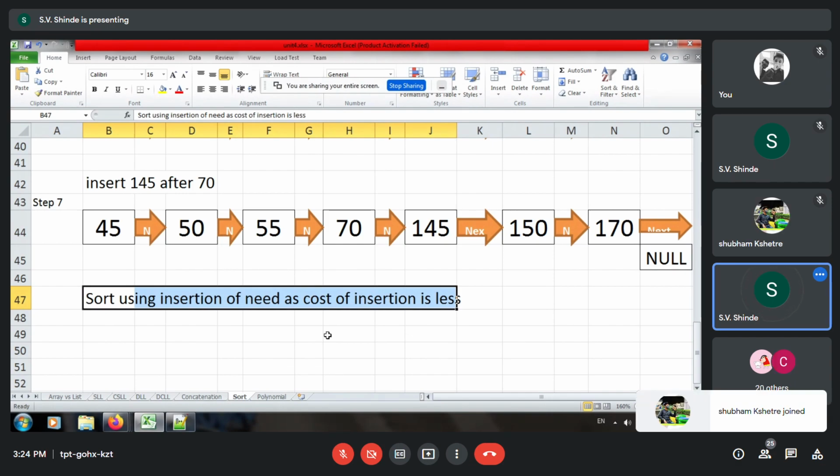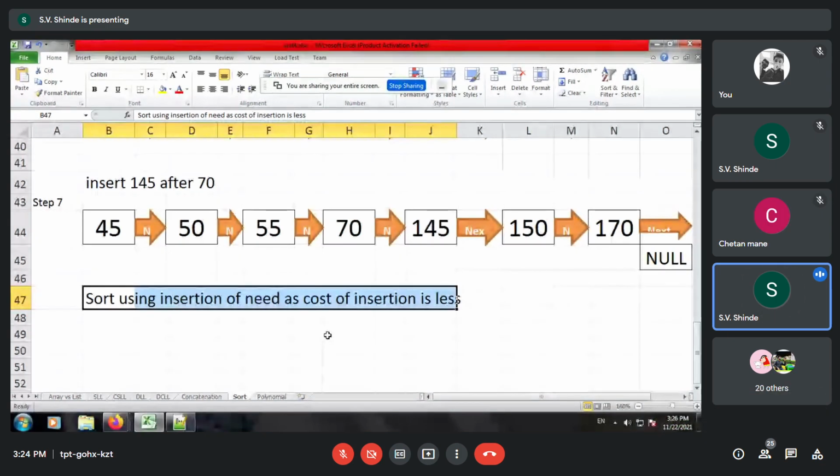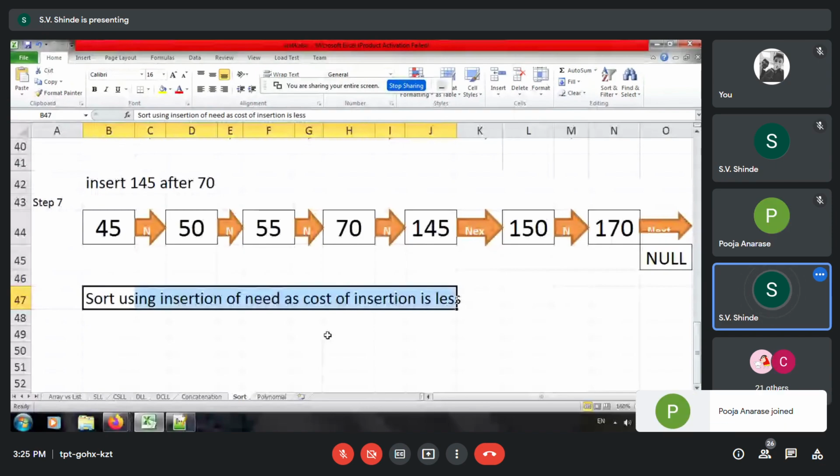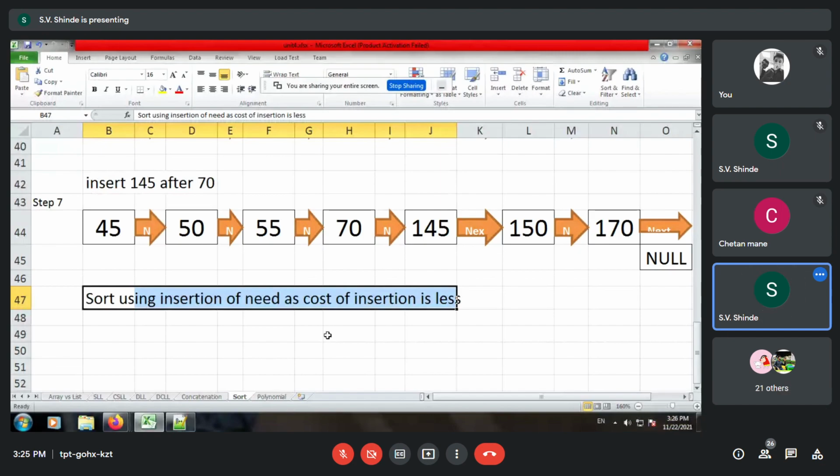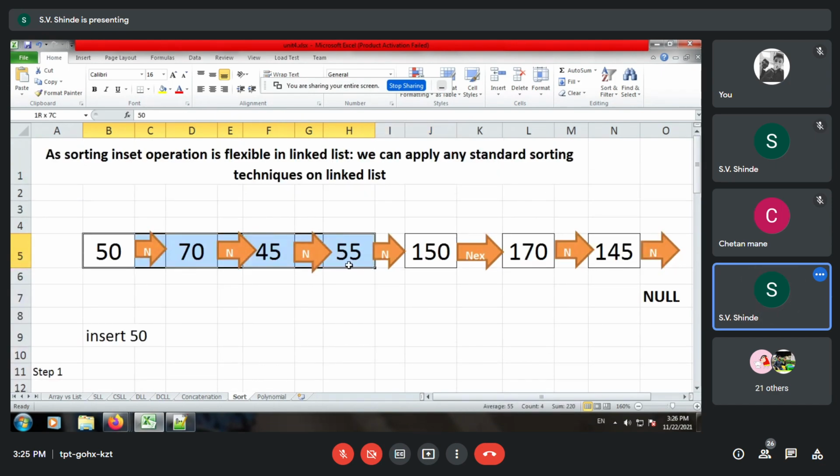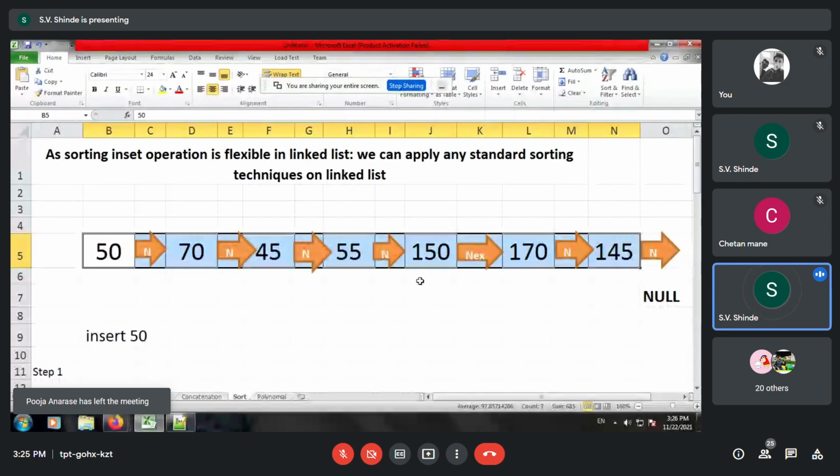Now over here, what is it? It is memory consuming because we are creating a new linked list and the previous linked list may be deleted. If you want to use the same insertion or linked list which is the original one, over here you can apply bubble sort or you can apply selection sort techniques on this, assuming that the first node is nothing but array of 0, second node is array of 1, and so on.